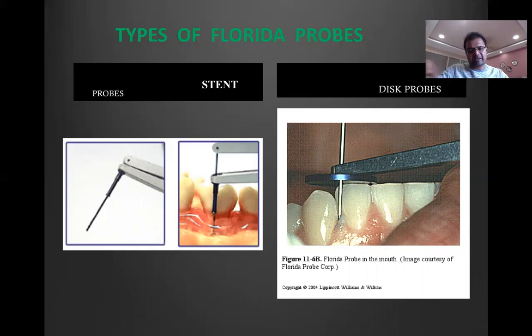This handpiece is connected by a cable to a transducer, something like the modem you have now. If you remember, something called a modem for landline broadband. That modem is like a transducer, and it connects to the computer, where this chart is automatically there and all the readings are automatically coming up. Now, the advantage of the Florida probe system was,